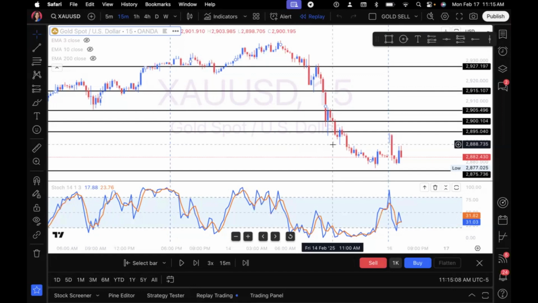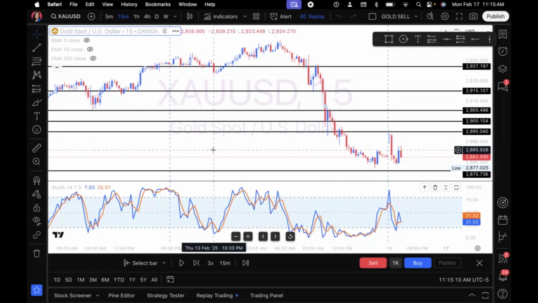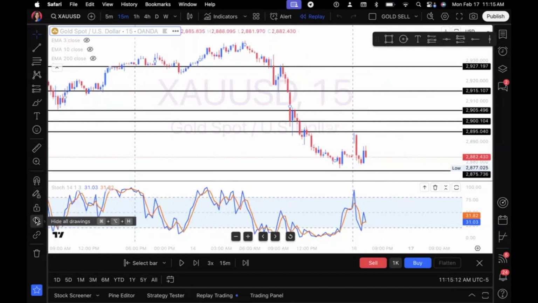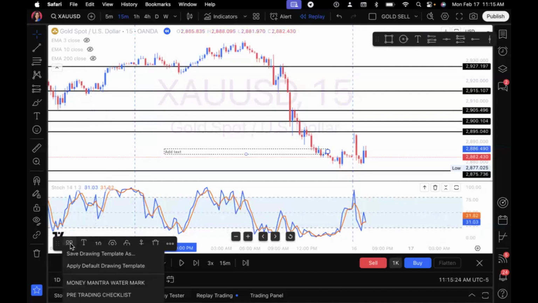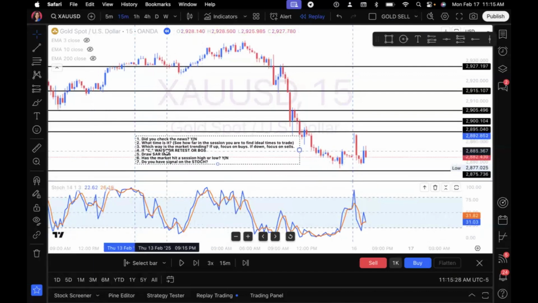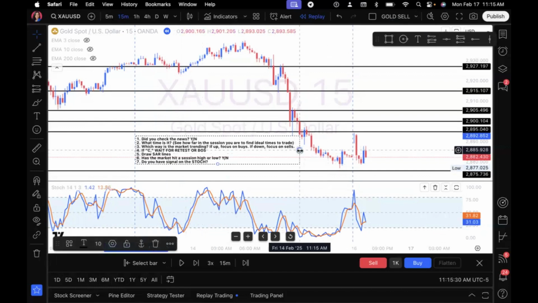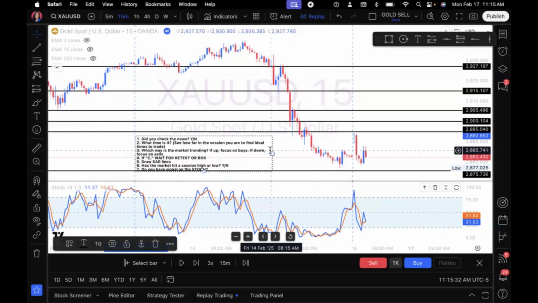Now, when I am trading, I have a checklist that I follow. I encourage you guys to always have a confirmation checklist because it makes the process so much easier for you. Unless you are back testing viciously all day, every day, there's no reason why you should be spending hours on your charts. You should have a set list of criteria that you're looking for, and this should help you determine if you're going to buy or sell.